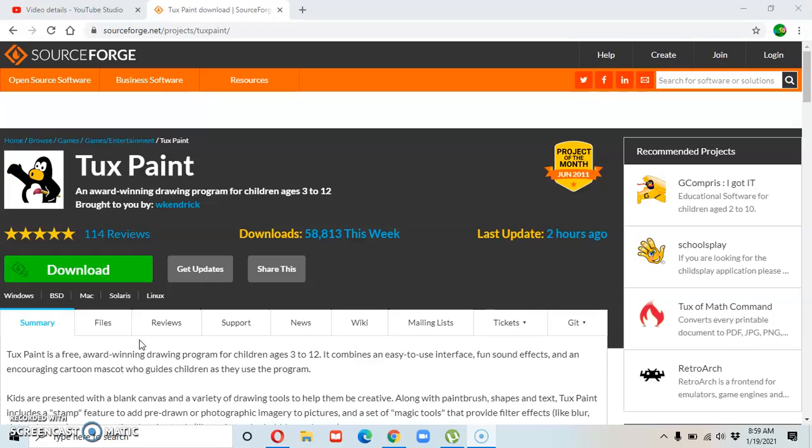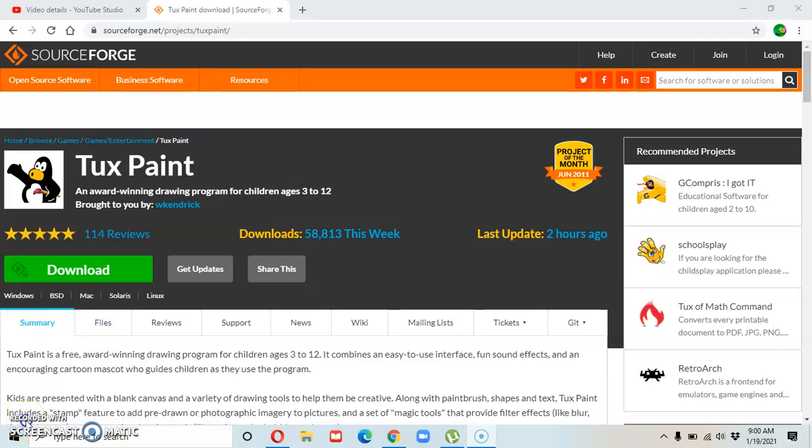Today we are going to do something very interesting. Yes, this is Tux Paint. In the previous lesson, I told you to download Tux Paint from the internet. It is free and easy to download. As all of you know, Tux Paint is a software like Paint meant for drawing and painting. It has a number of tools to help you draw and color. It also has interesting sound effects. Today we will work on it.